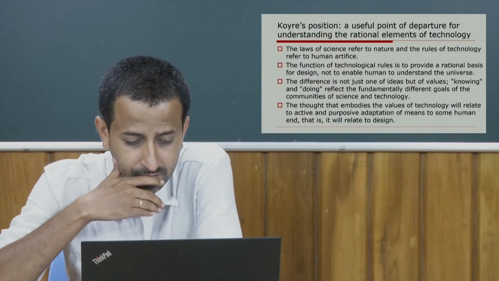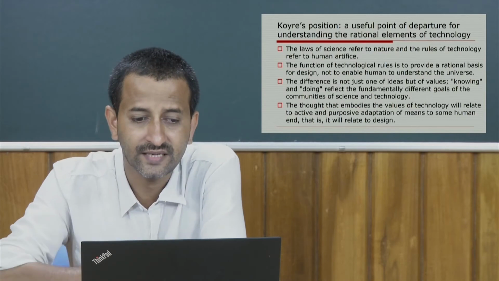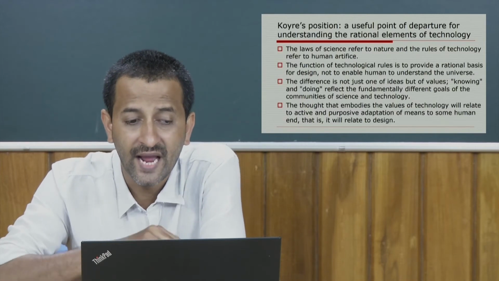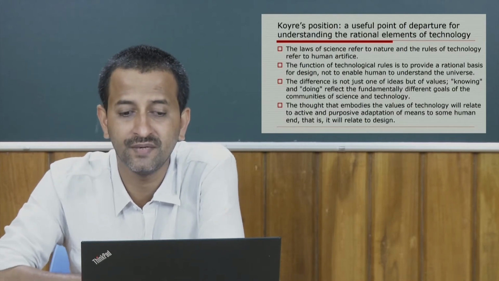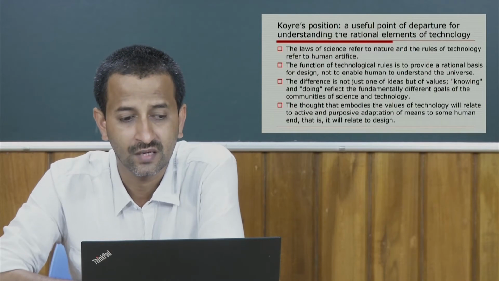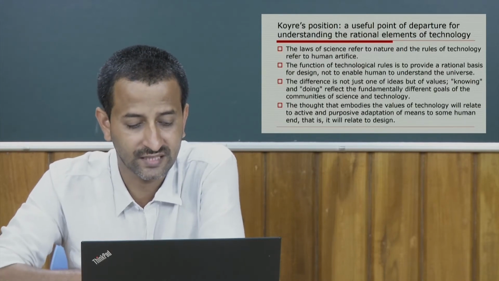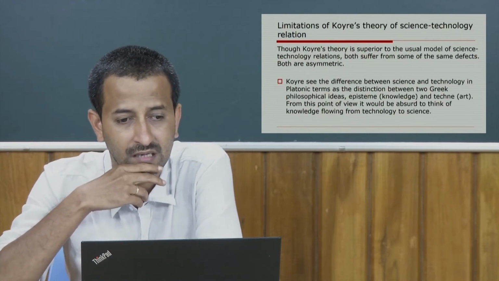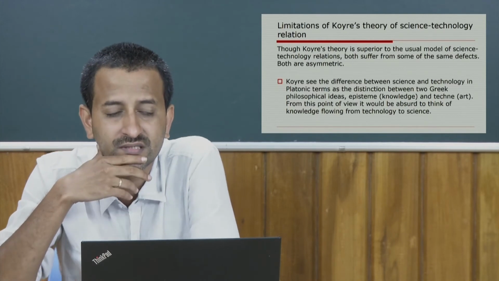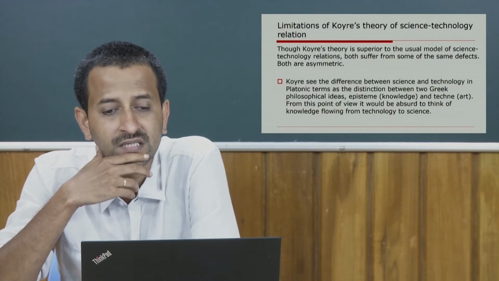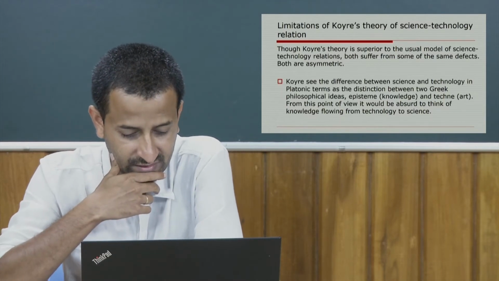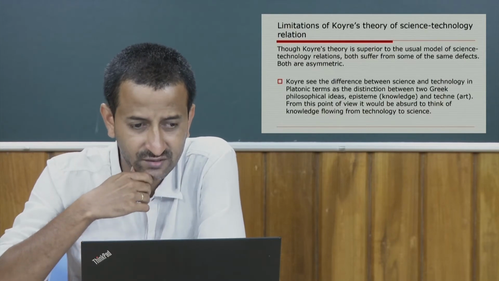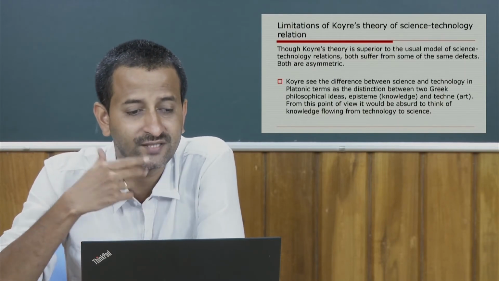The thought that embodies the values of technology will relate to active and purposive adaptation of means to some human end, that is, it will relate to design. Though Coet's theory is superior to the usual model of science-technology relations, both suffer from some of the same defects: both are asymmetric. Coet saw the difference between science and technology in Platonic terms,